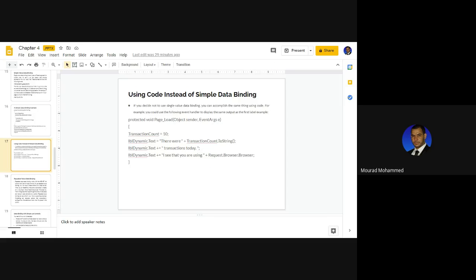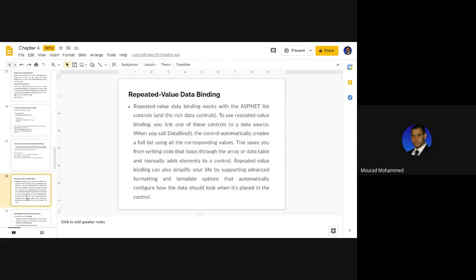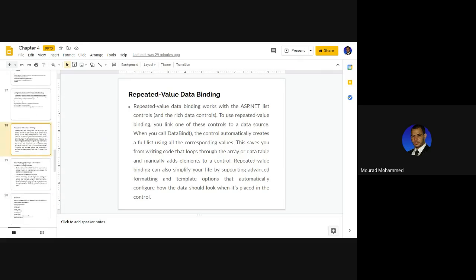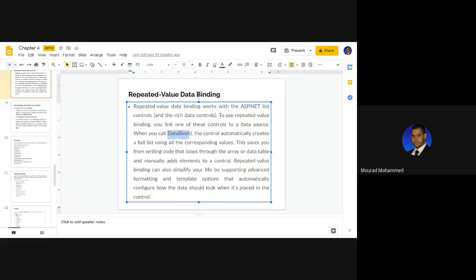We are not using the bind method. We're not making binding here. We are just populating the data into the control. We'll be having the same result. Great. Repeated value is the context of populating a control, but